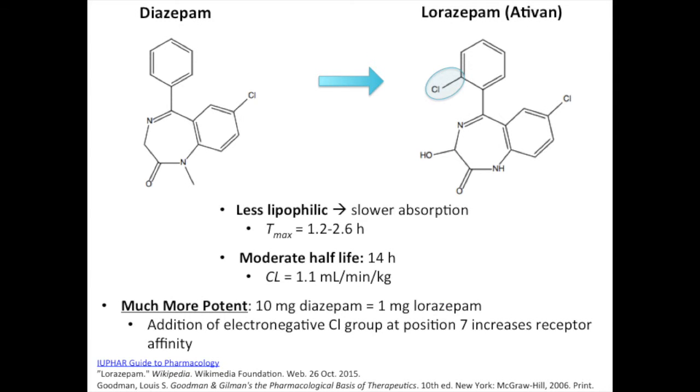Lorazepam was brought to market in 1977. The addition of chloride groups at position 2 increased receptor affinity, and likely partially explains the tenfold difference in potency between diazepam and lorazepam. Lorazepam is less lipophilic and has slower absorbance, reaching peak concentrations 1.2 to 2.6 hours after administration. Lorazepam also has a shorter half-life, as the hydroxide group off carbon-3 experiences relatively rapid glucuronidation, leading to a dead metabolite that is readily eliminated from the kidneys. It is best used for sedation and a short-term treatment of anxiety, insomnia, and acute seizures.